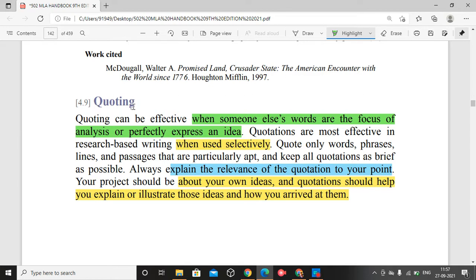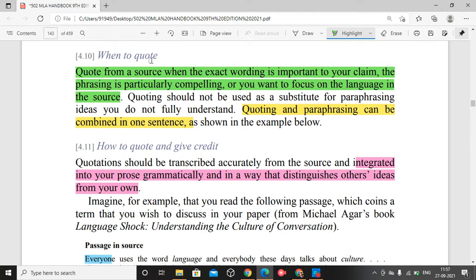More than paraphrasing, most researchers prefer quoting itself because it's comparatively easy, but at the same time, following the required format is very important and difficult as well. Not difficult, but you have to punctuate it properly. Whether to put the full stop before the quote ends or after the quotation marks, all these are very important. You cannot do it according to your idea and your convenience. There is a model for that. So quoting: how to quote resources, when to quote, how to quote and give credit.